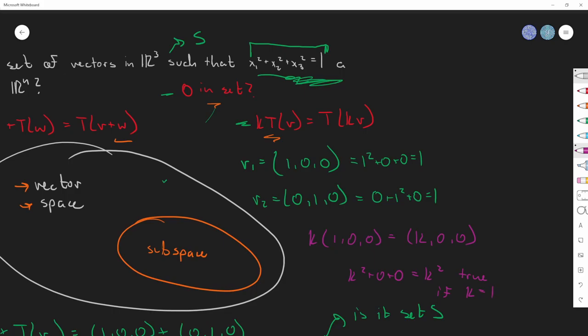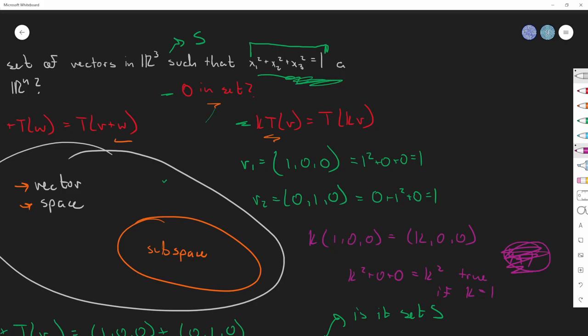If it's equal to anything else, then it doesn't satisfy the condition of equaling 1. So if k was 2, you'll have 2 squared plus 0 plus 0, and that'll just be 4, and 4 is definitely not equal to 1. And so yeah, that's one way you can answer these types of questions with subspaces. Now we're going to move on to